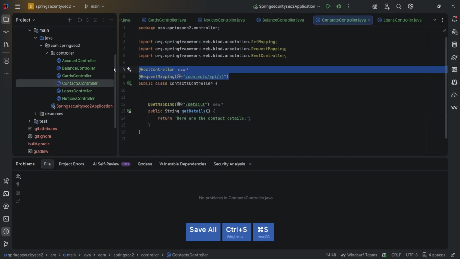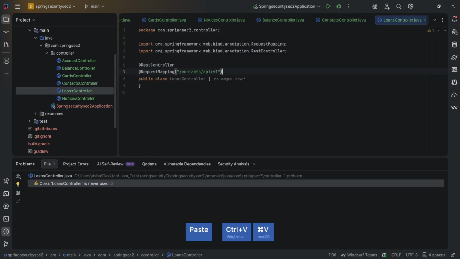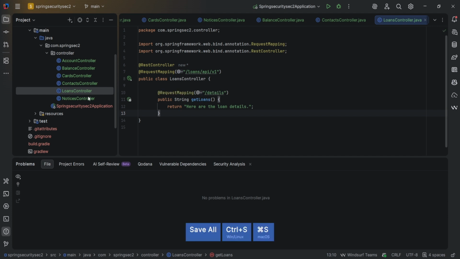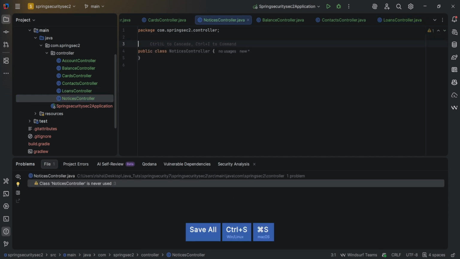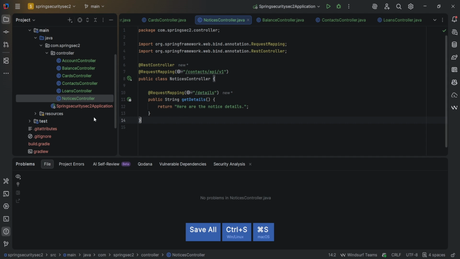I'll just copy paste loans. Okay, so now we are good. We have added a couple of dummy data. Now let's just